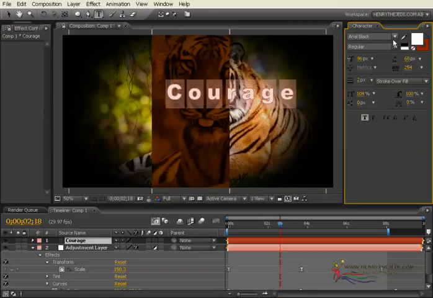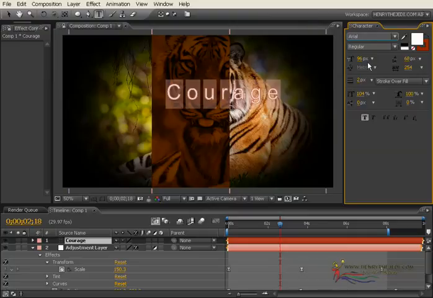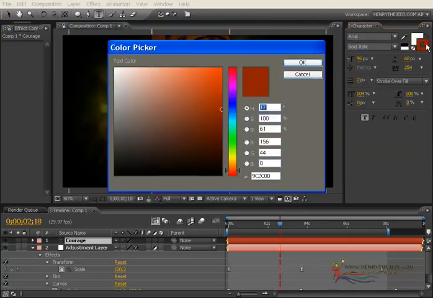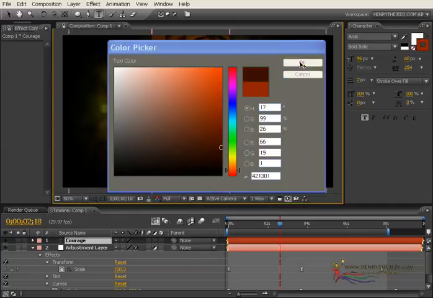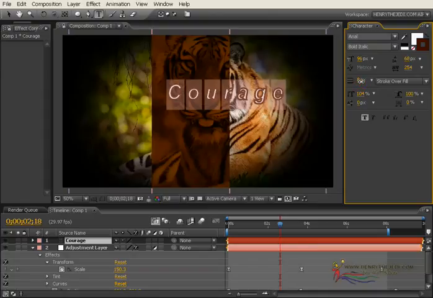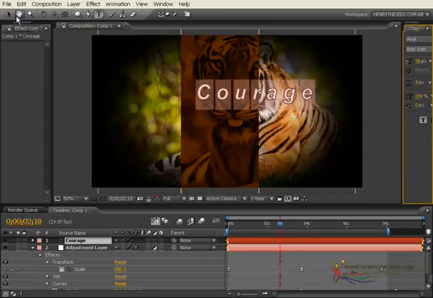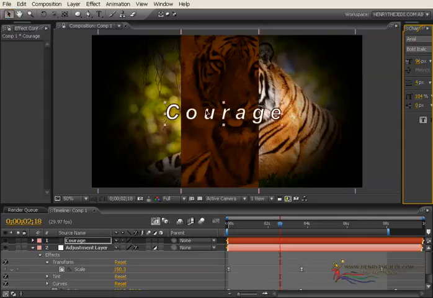We're going to change our text to Arial and then bold italic, like that. Then we're going to change the outline color to a reddish one. And then can you see what increasing the outline does for us? Okay.